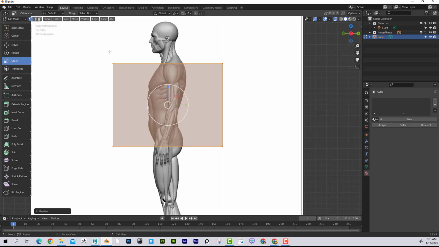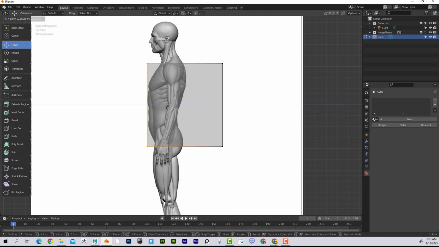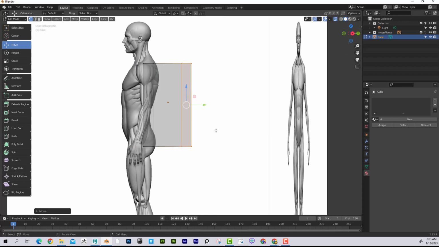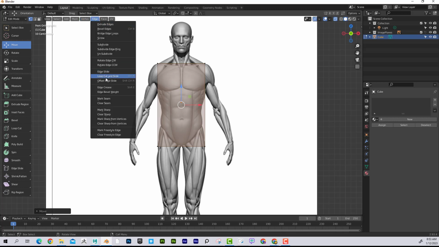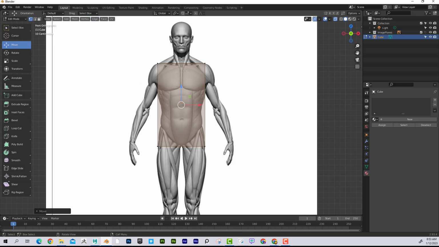I'm going to go ahead and press 3, and I'm just going to grab these and go ahead and move those in like this and like that. Okay, excellent. So now obviously we're going to need to have more information to get a better representation of the torso. So the first thing I'm going to do is, if you remember, the shortcut for the loop cut and slide is Control R. So I'm going to go Control R,